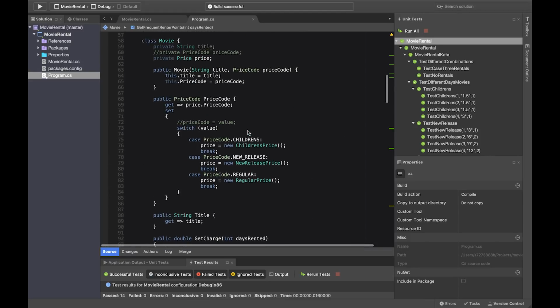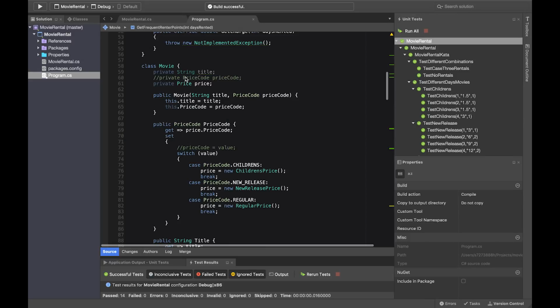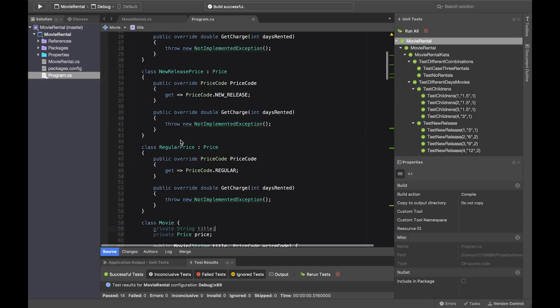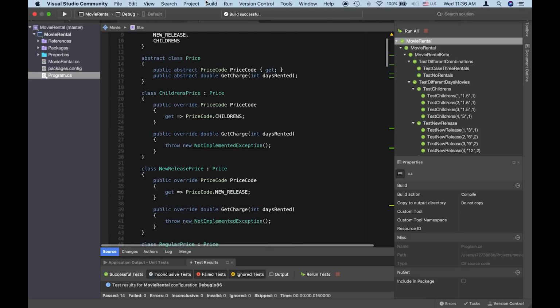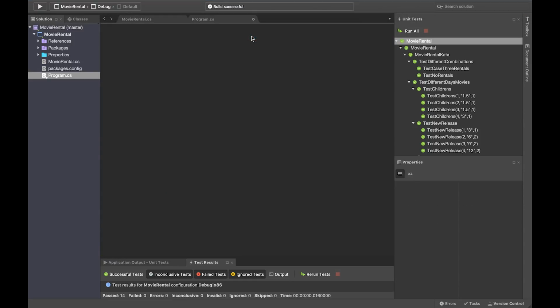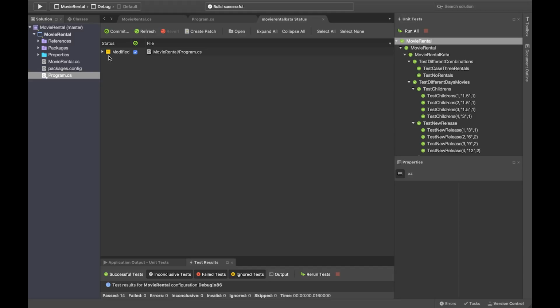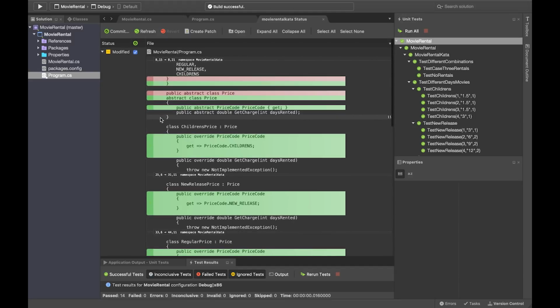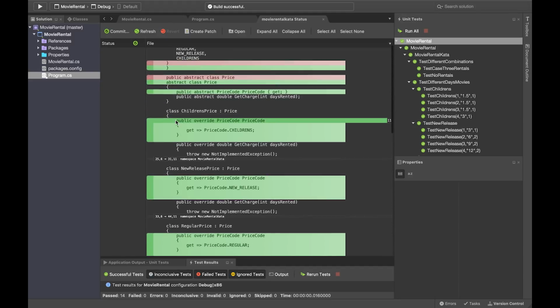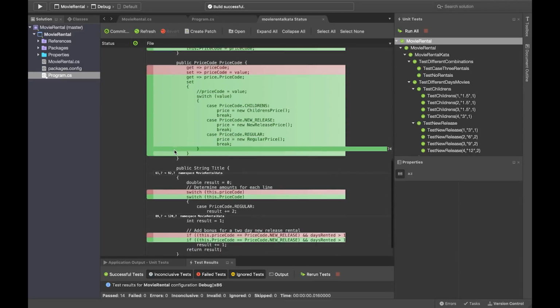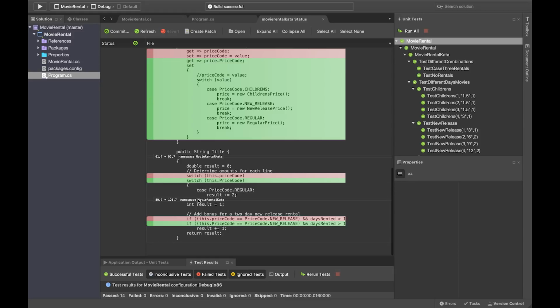So now we have moved this price code to the price. So let's look at our version control. Oops. Let's make sure we save this. Let me look at it. You can see that we moved the price to the price object. Okay, so then